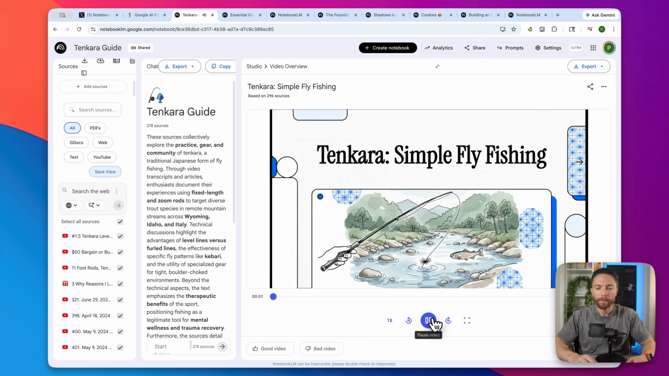Let's jump right in. Today, we're talking about Tenkara. It's this traditional Japanese